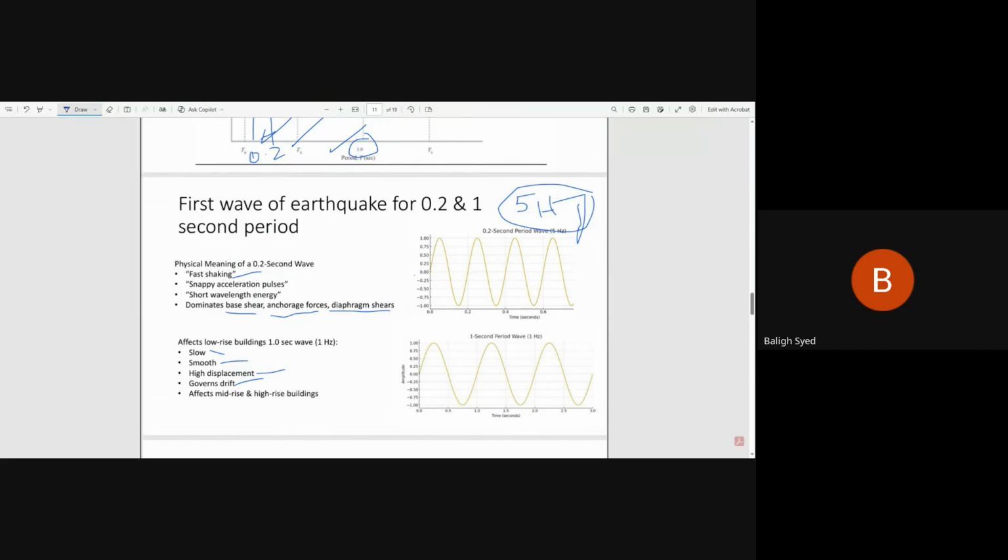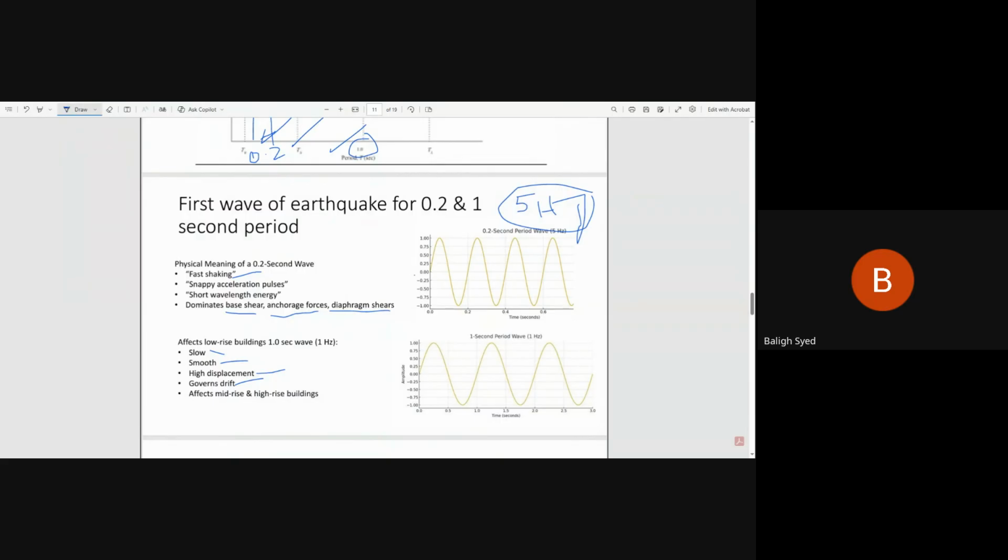Make sense what I'm saying? Earthquake ground motion contains a broad range of frequencies, but most of the damaging energy falls between 0.2 second and 1 second. What IBC noticed is that most of the damaging energy from the earthquake on our structure falls